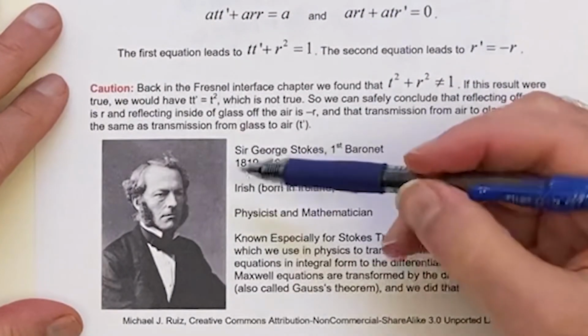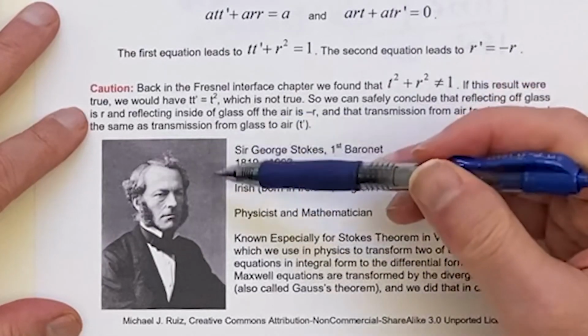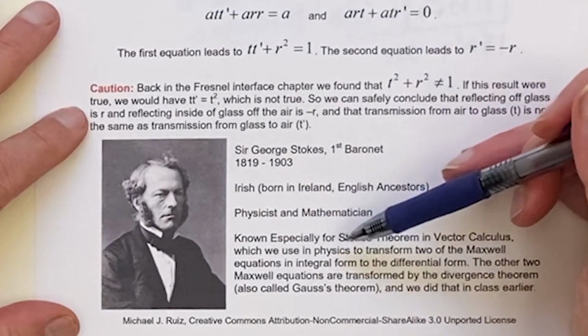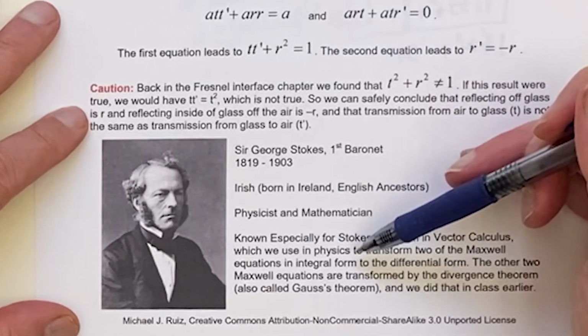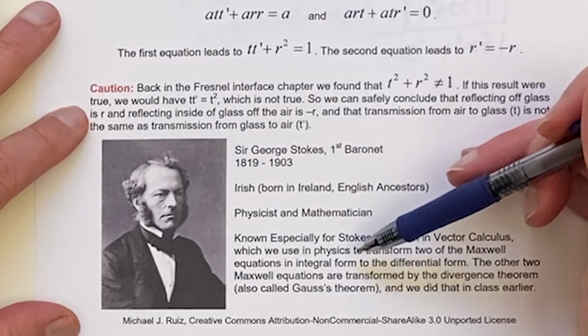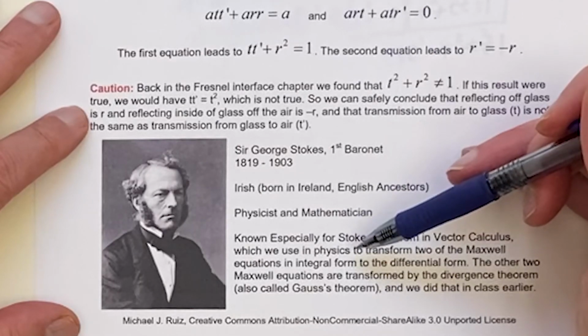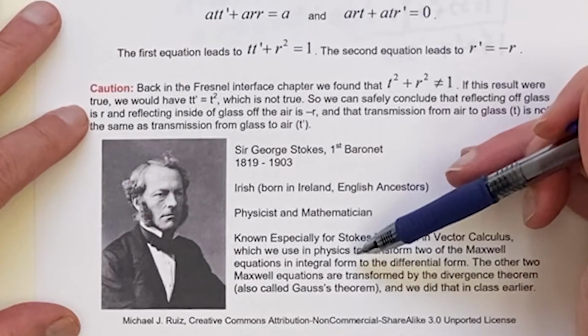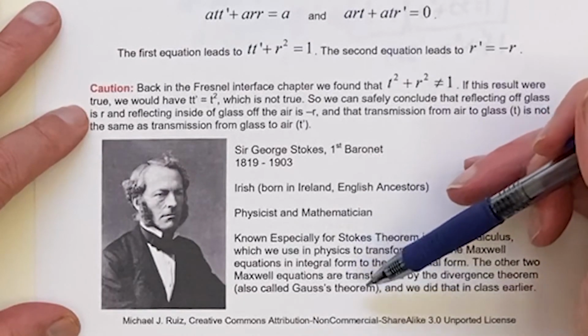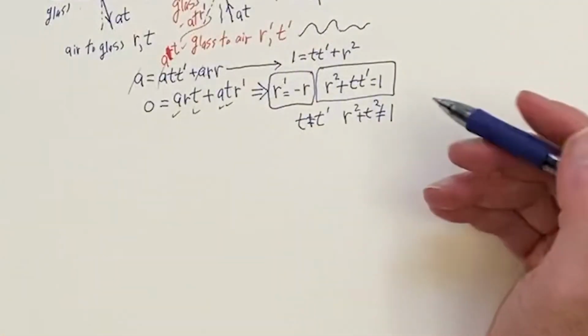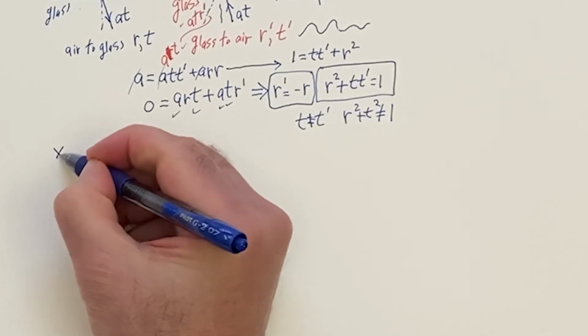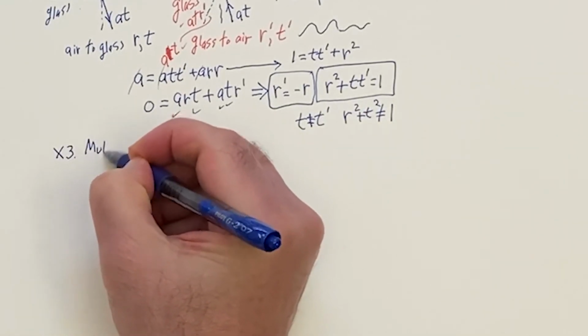Here is Stokes, Sir George Stokes, 1st Baronet. And he's known mainly for his Stokes theorem in vector calculus, which can then be used to derive two of the Maxwell equations in differential form. And the other two are put into differential form using the divergence theorem, also called Gauss's theorem. And we actually did that. That's the one we did do. We did 2 of them. Okay, so now we're going to apply this